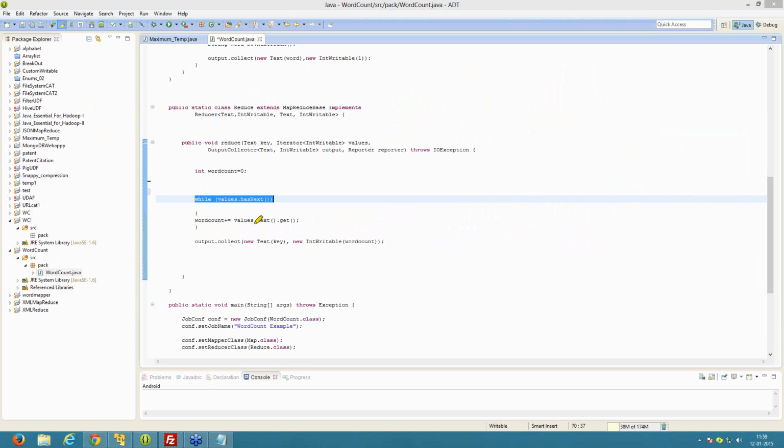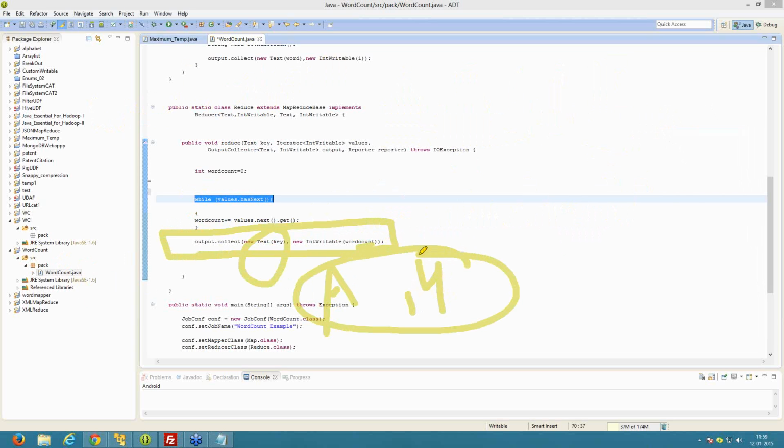So it emits the data from the reducer phase to the network in the form of key and value. We have used an output collector that has a method collect that takes the data from the reducer phase and emits the data to the network in the form of key and values. Key is the text type and the values are iterable. Key is the data value that has values associated. In this case, key is A, and the value is the word count value, that is 4.